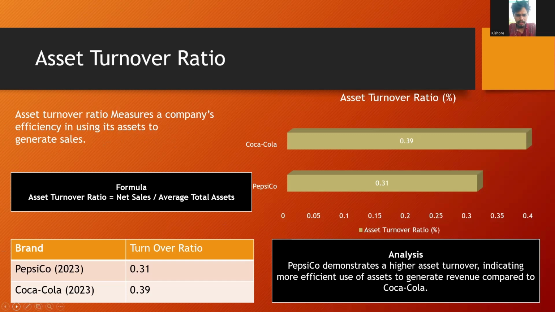For an example, for Coca-Cola and Pepsi, the asset turnover ratios are 0.031 and 0.039. This formula is calculated from the net sales and average assets. It measures how the company uses assets to generate sales, suggesting utilization. Pepsi's higher ratio typically indicates better utilization compared to Coca-Cola, possibly due to better operational efficiency and higher product demand. And then the second one, inventory turnover ratio.